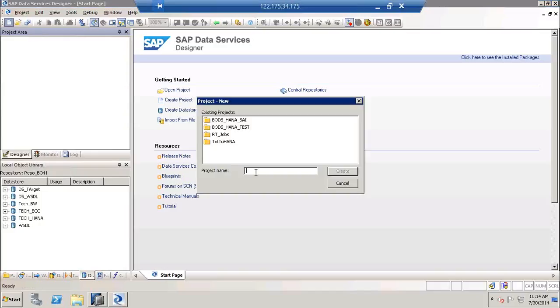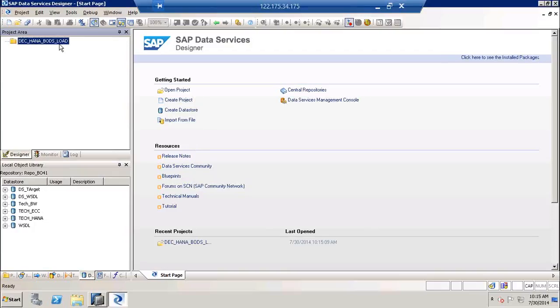Then let's create a new project. New project. So I'm going to give a project name here. For example, we are in December, HANA bots load. Just giving a project folder name, create. So you get this folder available here, and then we're going to right-click and select the job from the context menu. A batch job is to run scheduled jobs of data loading,